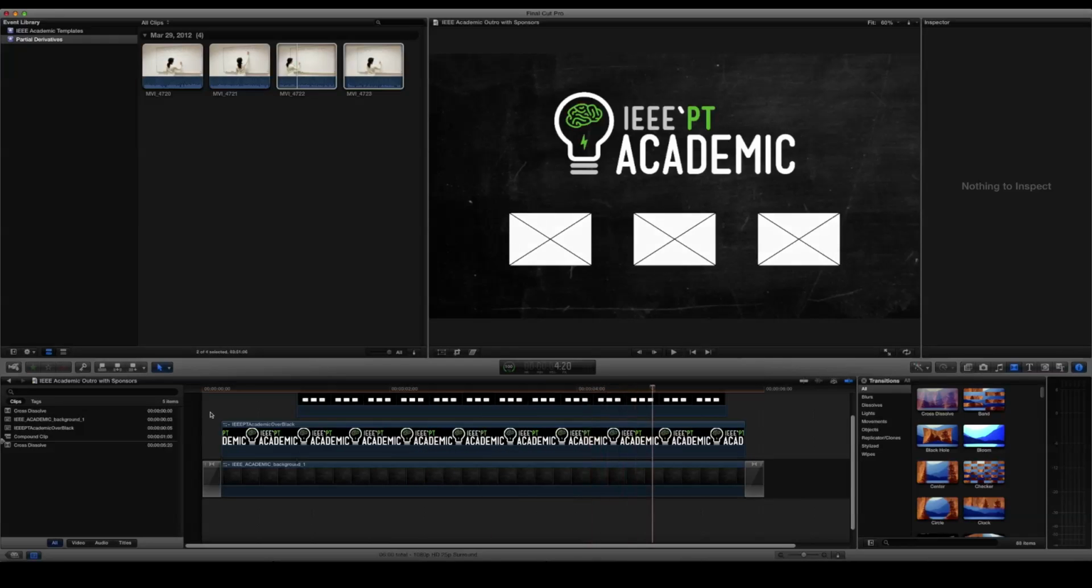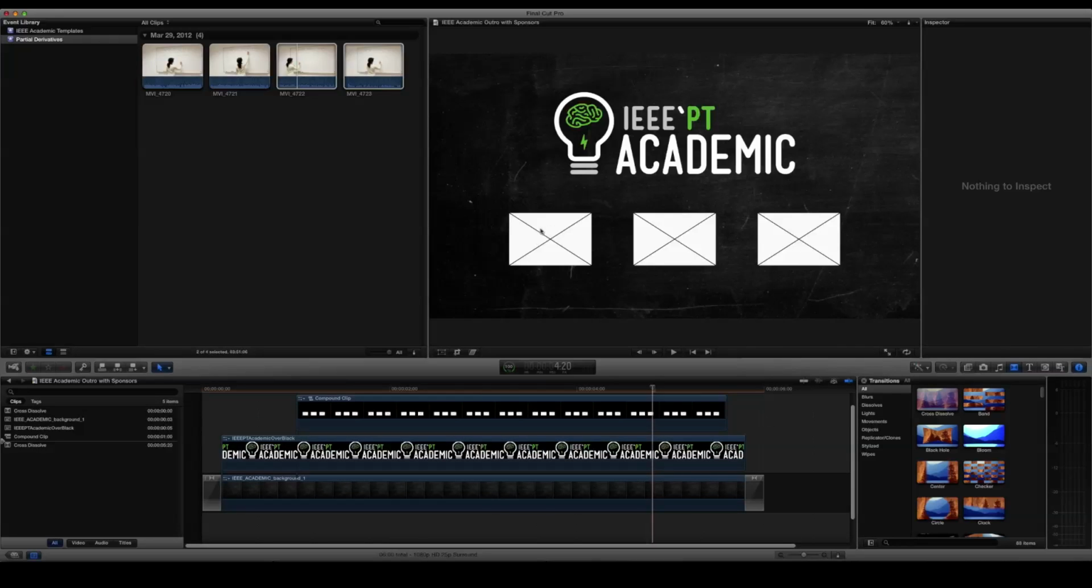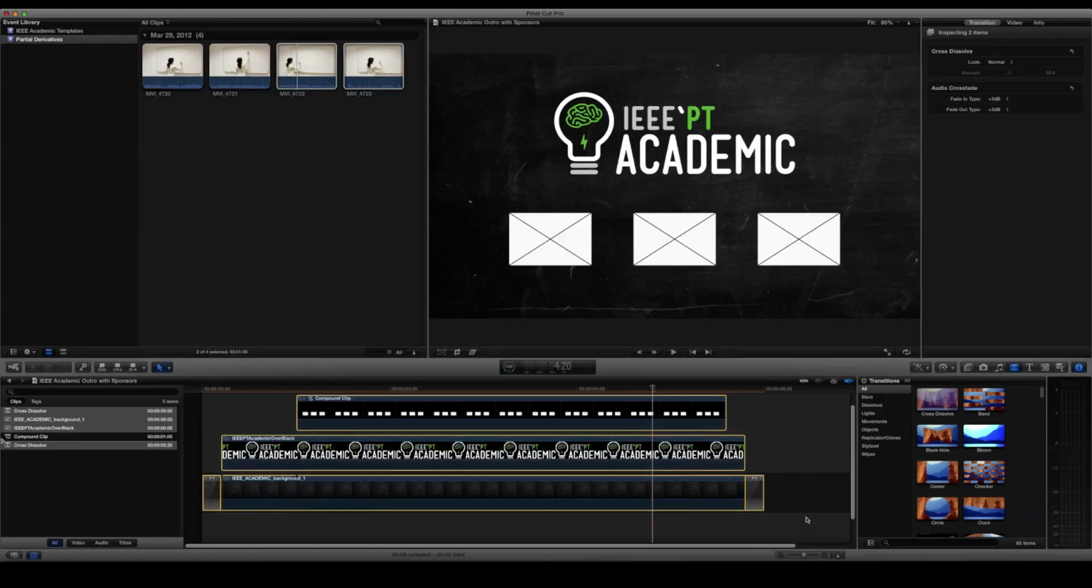I'm going to pause here. These 3 places are the placeholders for the logos of the institutions sponsoring this program. You will have to place each one of them in these placeholders. So I'm going to select everything here, copy,